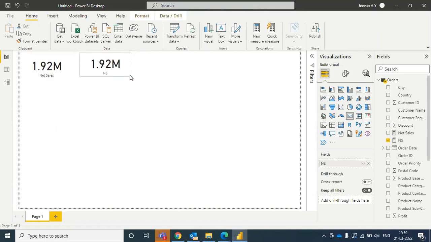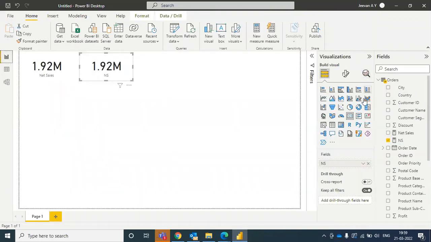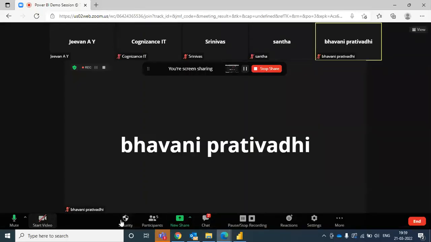And also, because of the relationship that exists between the multiple tables, you can simply drag and drop the fields from the dimension table to the fact table and do the analysis. Okay, I will just showcase what exactly the kind of